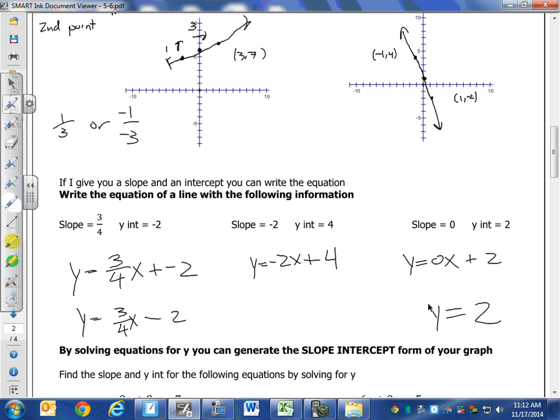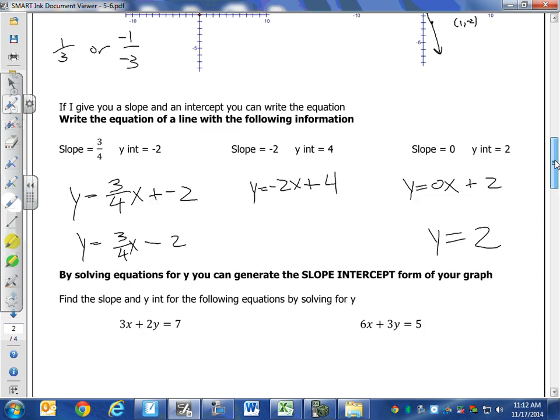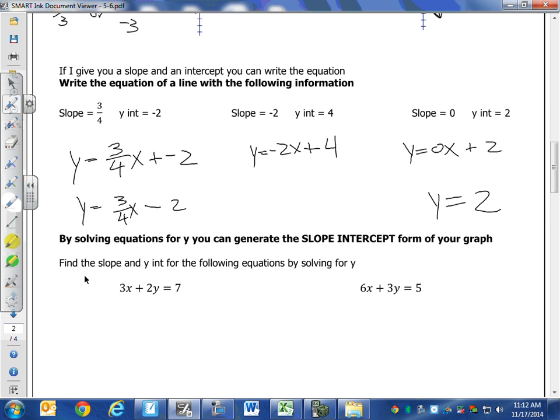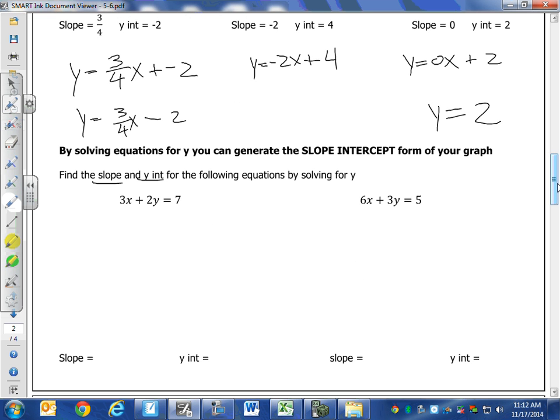You have the power. Well, guess what? The power is great and all, but what if I give you an equation like this? 3x plus 2y equals 7. And what if I ask you to find the slope and the y-intercept of the following equation? Well, sure, you can find 2 points and you can find the y-intercept by plugging in 0 for x. But